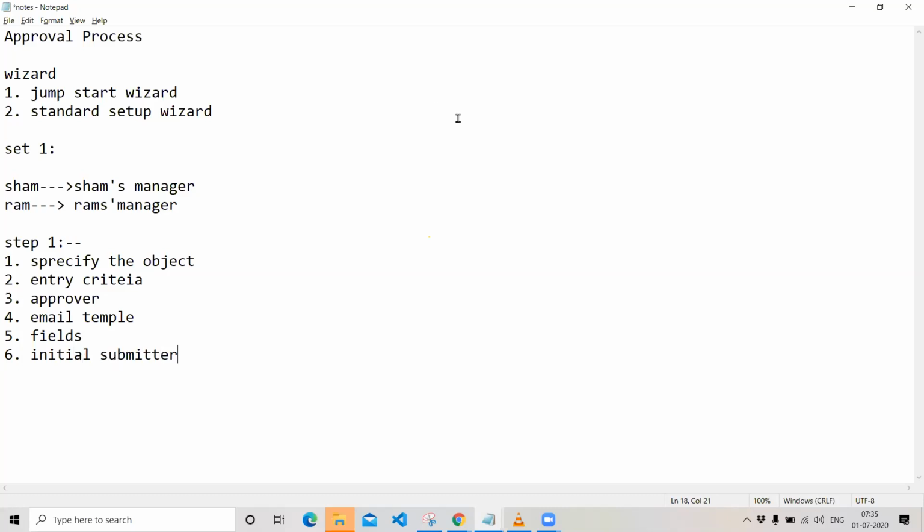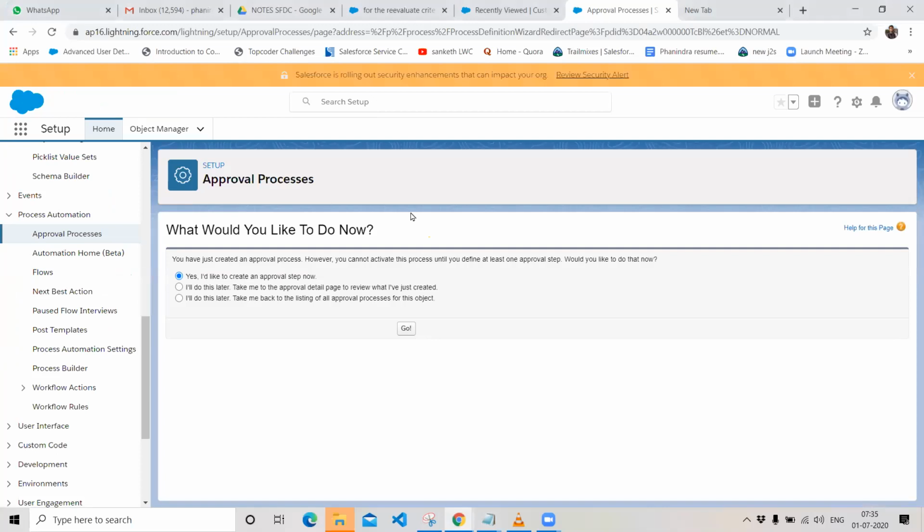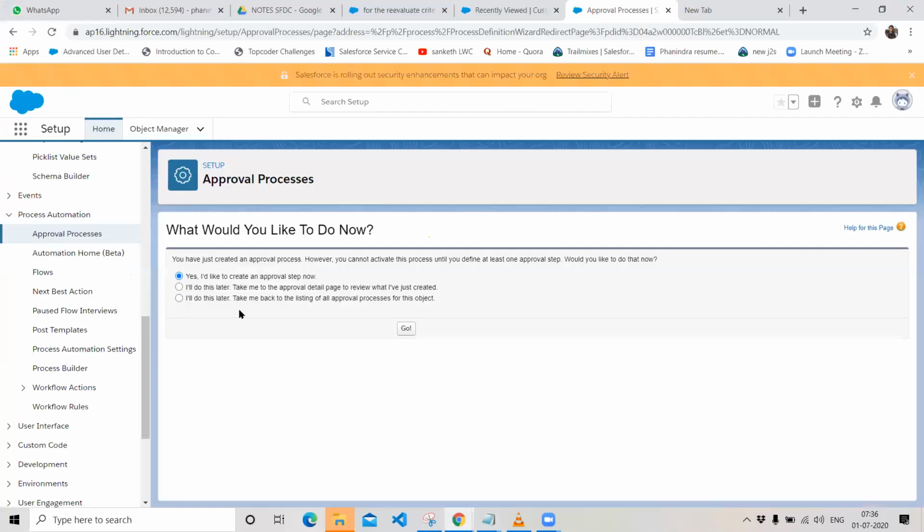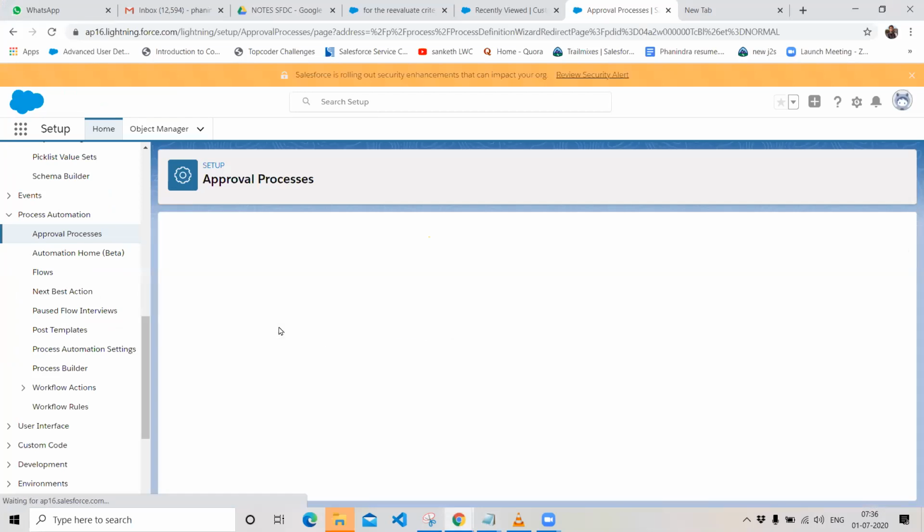So these are the step one process which are available in our approval process. So if you do want to create an approval process and assign your records to a specific person, you should go with the step one phases, specifying all these criteria in your records. And this is how you can create your first approval process for the first phase. And the second phase is with respect to the initial submission action.